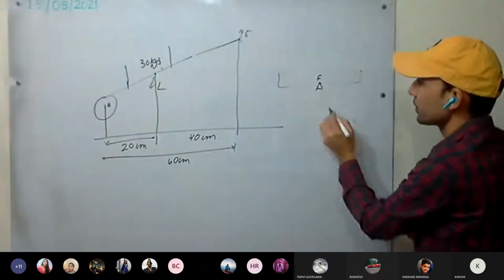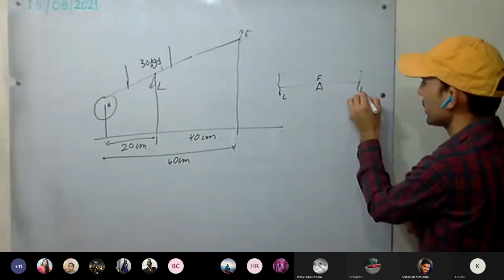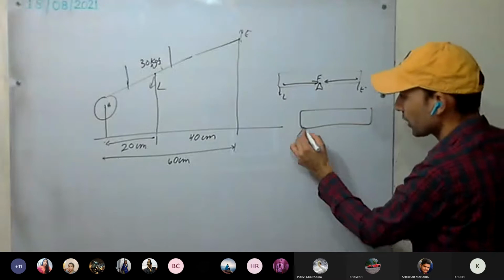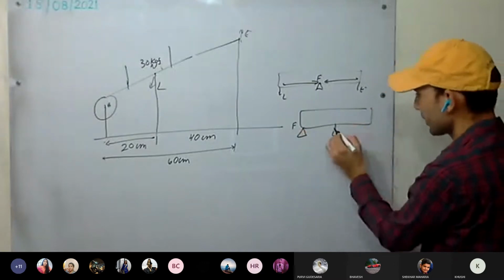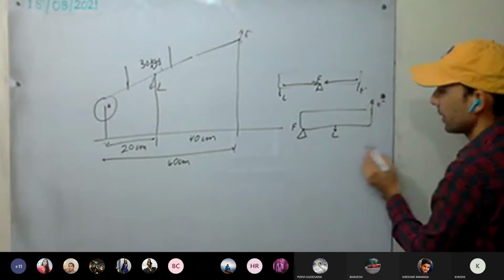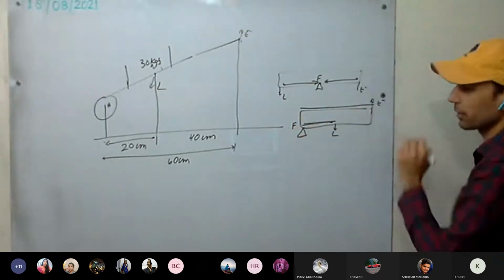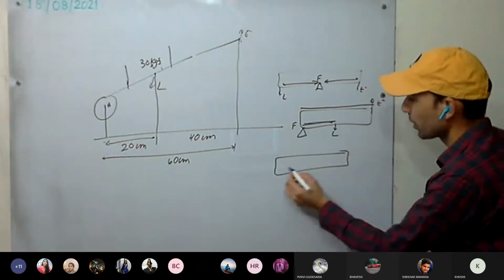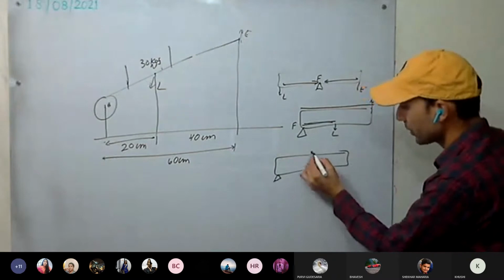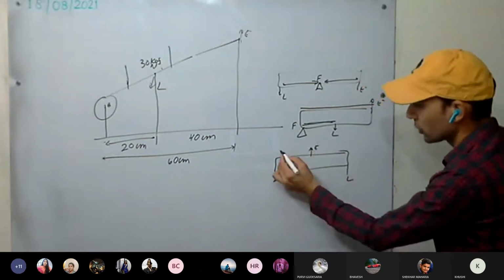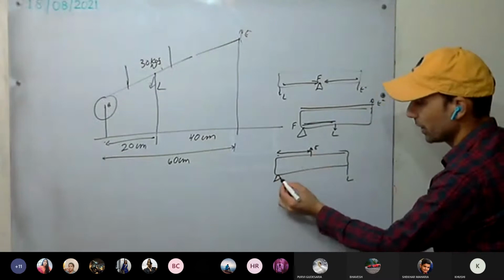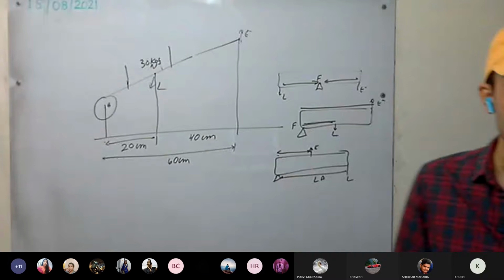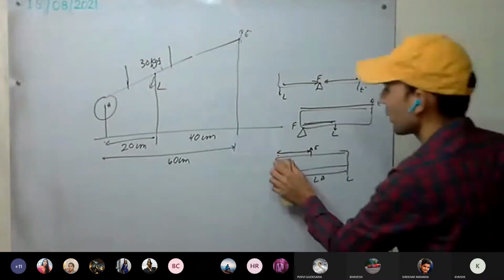If the fulcrum is here, load here, effort here. This is the load arm, this is the effort arm. Now, if the fulcrum is here, load here, effort here. This is the load arm. What is the effort arm? From fulcrum to here. This is the effort arm. Or in case this is the fulcrum, and here we have the effort, and here we have the load. So this will be the effort arm, from fulcrum to effort. From fulcrum to load, we have the load arm. Have you understood this? So always from the fulcrum you have to take.